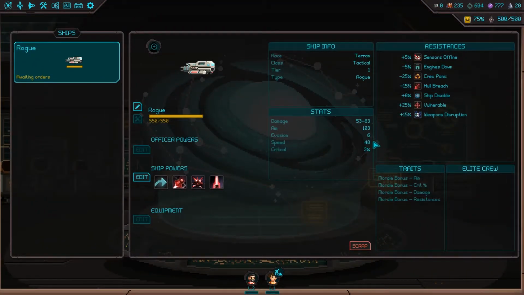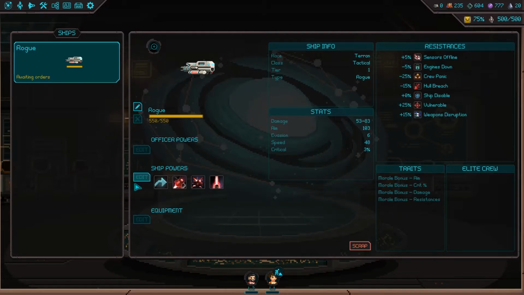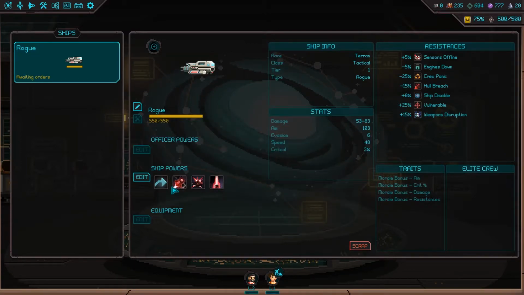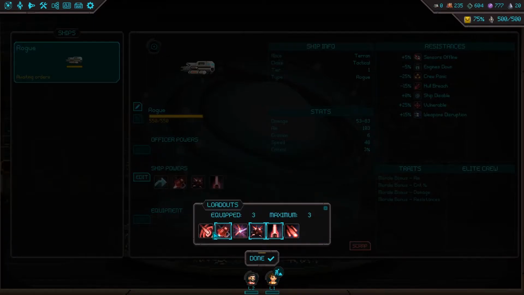Yeah, we have a Rogue, and that will be for... No officer powers, huh? That will be for Corbin. We could rename it if we wanted to. We could edit ship powers. Evasive maneuvers, that's new. Adds evasion for a round. Okay, cool. Crippling shot, harass, and teleport explosives. Or we could put other...